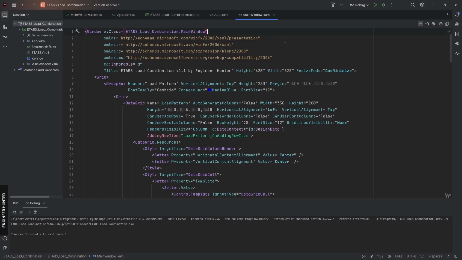Today I'm going to talk about the ETABS API, and we're going to create a small program that can create a load pattern, load combinations, and import them